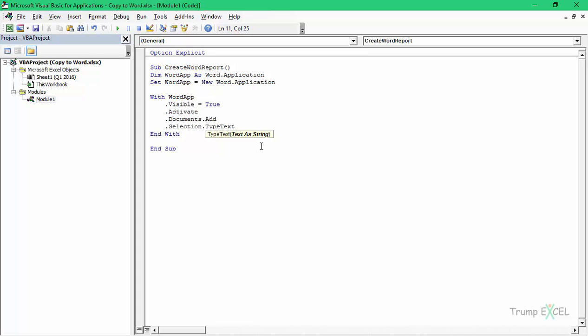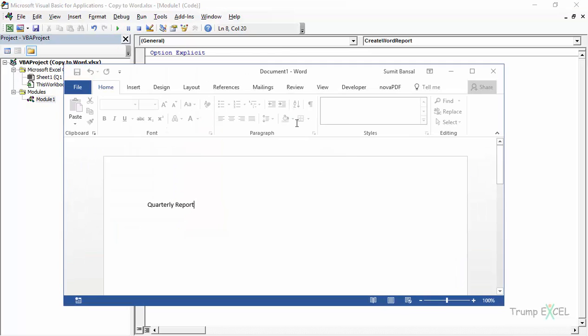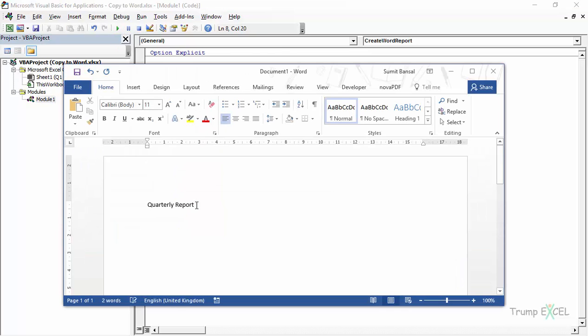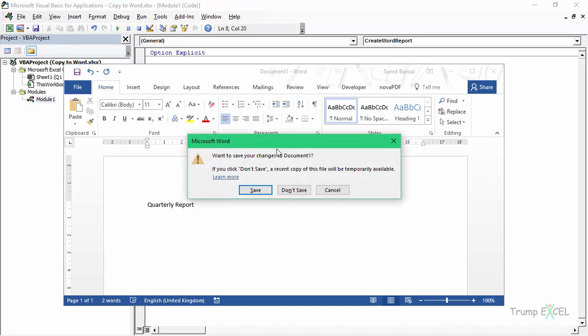Now in this case I'll simply type quarterly report, and let's see what happens when I run this code. As soon as I run this, I have quarterly report typed here. So this is good, but this is not a title. I want this centered, maybe I want the font to be changed, the font size, maybe I want it to be bold. So to do that,